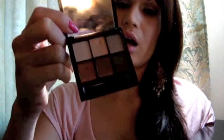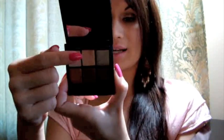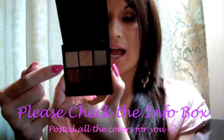I'm pretty sure there may be a few of these available if you visit your MAC counter, MAC Pro Store, or MAC at Macy's. It's Tartan Tale, and it's one of the 6 eyeshadow sets that they had. I am loving this one the most. I bought 2, and I can't remember the name of the other one right now, but this one is by far my favorite. I'd call it a neutral kind of palette. It comes with 6 colors: Dashing Lassie, Once Upon a Time, Magical Mist, Bronze, Buckwheat,